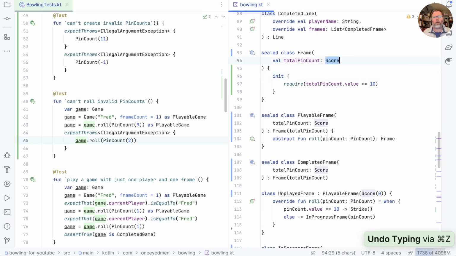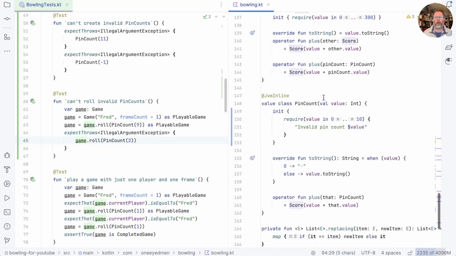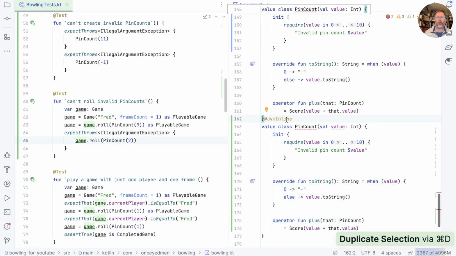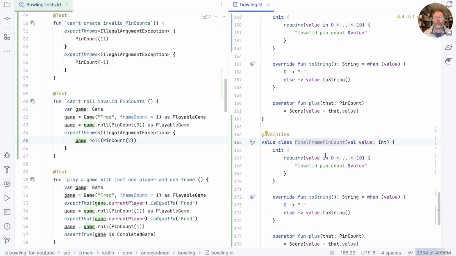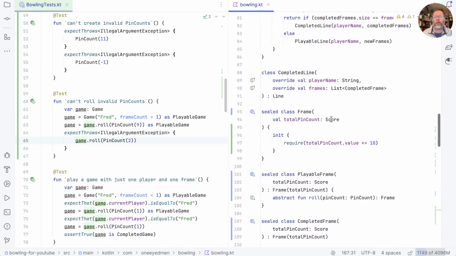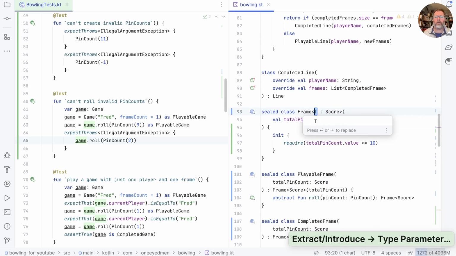We'll undo this so that we compile. And now let's add a type for the total pin count for the final frames. So we'll go down here and we'll say we've got this class here. We'll just duplicate this, I think, and we'll say this is our final frame pin count. And that can be between 1 and 30 if we score 3 strikes. Armed with that, we can make our frame, this type here, into either a pin count or a final frame pin count. So we might be able to say extract a type parameter, and in this case it's saying yes,